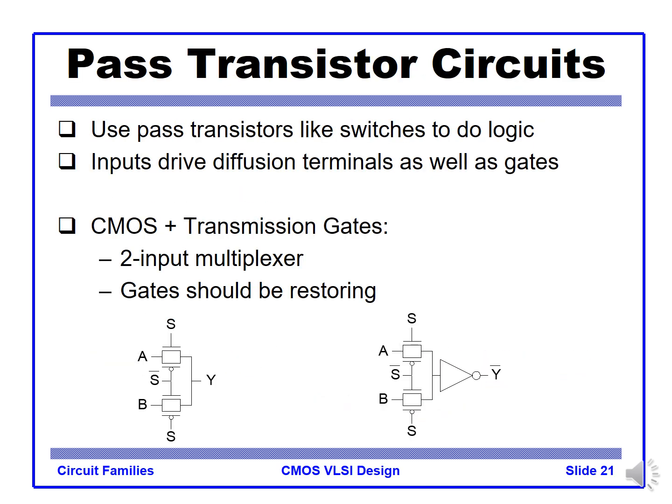The pass transistor circuit is very widely used here. It behaves similarly to standard CMOS static circuits. It doesn't have such complicated considerations like domino circuits. So we use pass transistors like switches to do some logic function. Now, for the switch, at the input we are seeing the diffusion instead of the